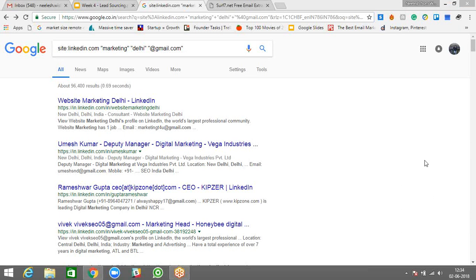Really depends on your market size. Your market might be very small, so you will extract around 8,000 to 10,000 email addresses. Is there any restriction in Google? Yes, Google will always try to restrict you since you are taking data from Google. So you'll have to work your way out. You have to keep changing your strings. Instead of marketing, you check marketeer, you check digital, you check SEO, you check something else. Every time they'll give you a new result.